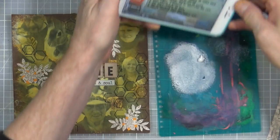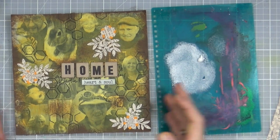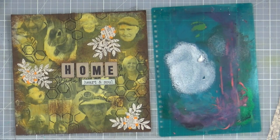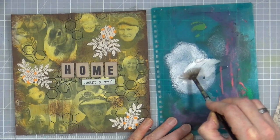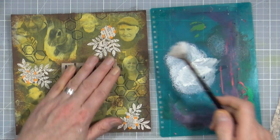Okay, so there are lots and lots of different ways in which you can do this. You can use white paint, you can use white ink, you can use white pen. You can add white accents to the page by adding paper shapes, that kind of stuff, if you want to. My preferred method is going to be just to add some white splatters to start off with. So I'm just going to mix a little bit of white paint, and then I'm going to